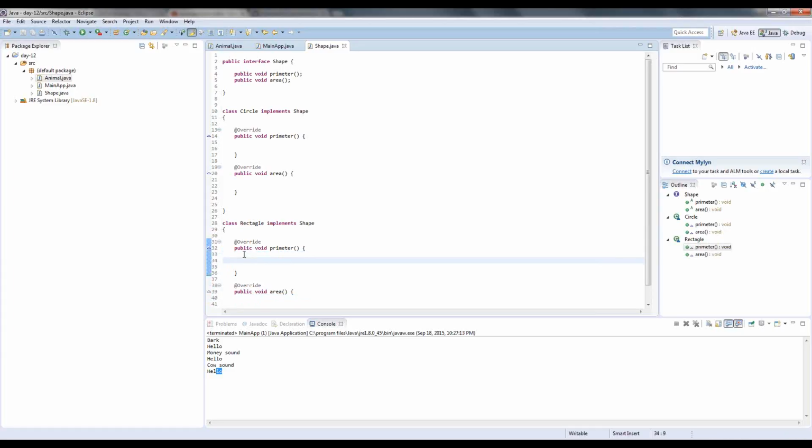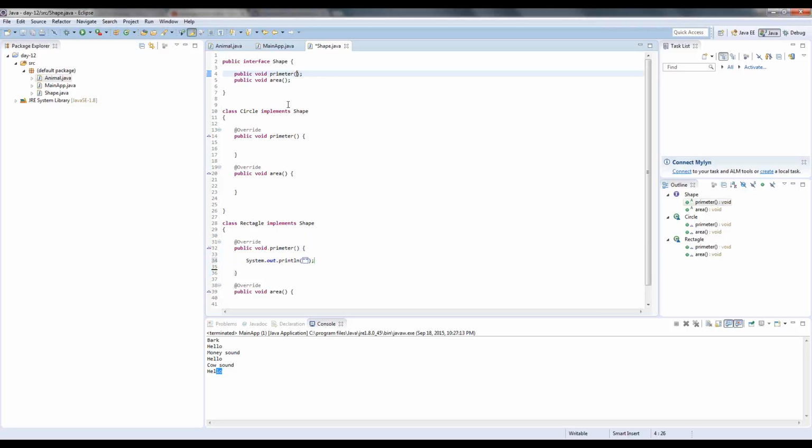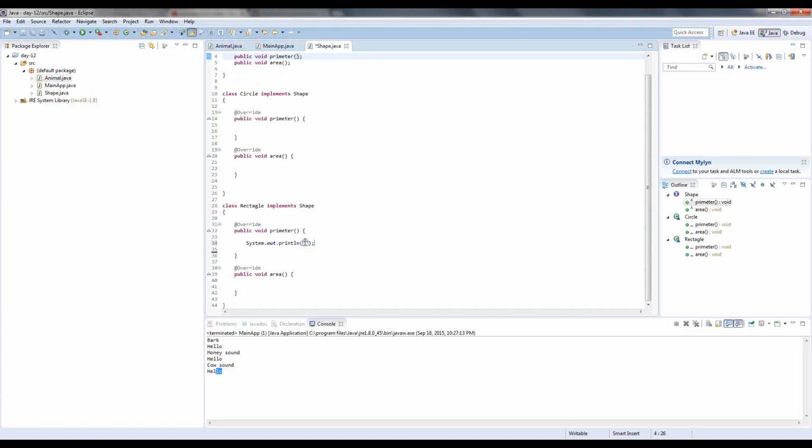And now you can simply write, okay, we need some parameter, right? So okay, for now just simply print the perimeter of rectangle is, suppose we have int